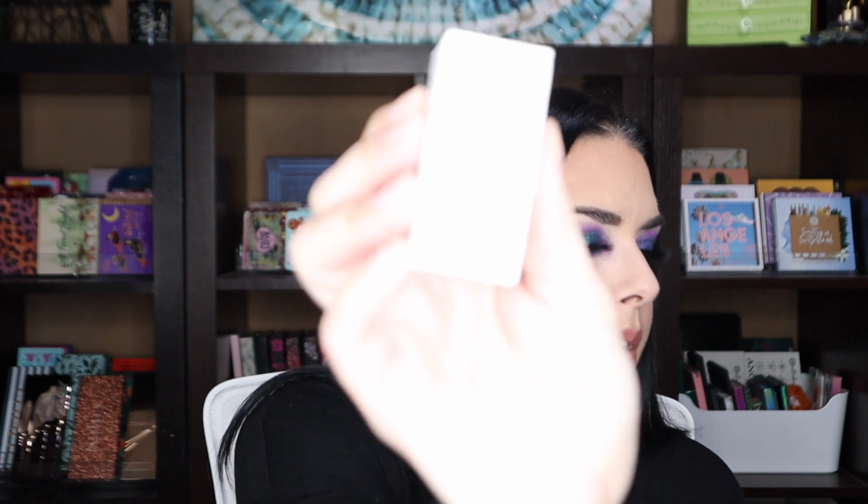So, alright, next thing is Static Nails Liquid Glass Lacquer in Triple Cherry. And this is full size, yep. So this is the box right here. You can't see any of the labeling on there because of my lighting, but if I hold it up, can you see it? No? It's too bright. Okay, well anyways, it's just in black